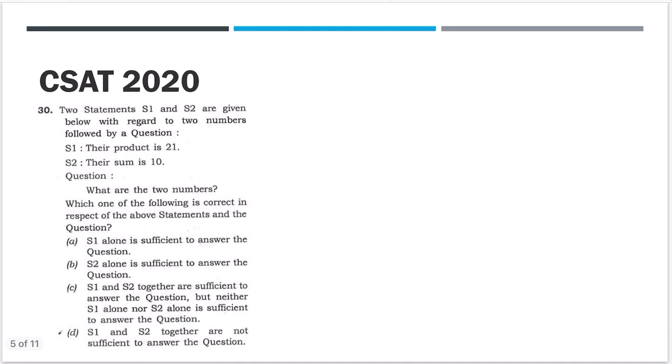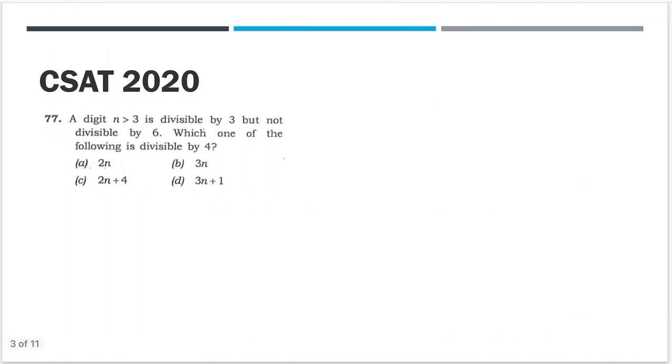This question we have already done, largest number of negative power. We are left with these three questions. Let's make it fast. This question is given: a number is divisible by 3 but not divisible by 6, right? Which one of the following is divisible by 4, right? Now in this question again, don't put a lot of your mind and start remembering all the formulas in the exam. If such a question is given where any number you can take, use a trick method.